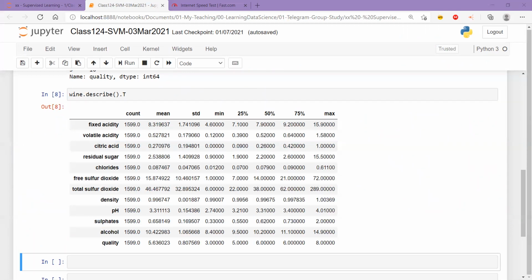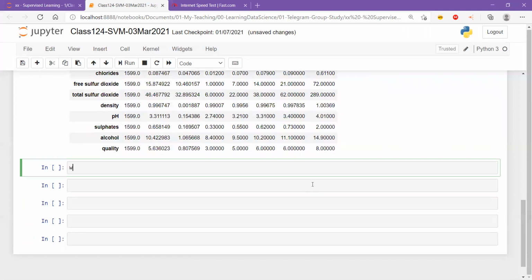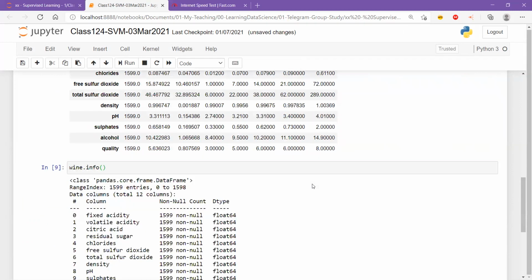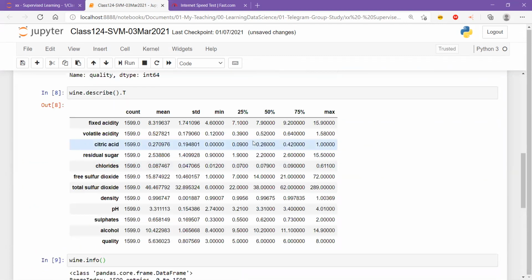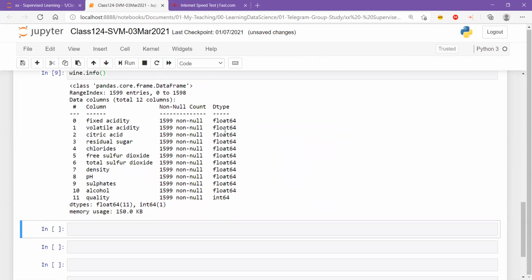Let's go ahead. Let's verify how many rows there were. So wine dot info. Let's see. Yeah, I was right. Everything is already in numeric format, and 1599 is the total number of rows. Very good. Now what I'm going to do is, from sklearn dot preprocessing import train. No, sorry, it is inside model selection.